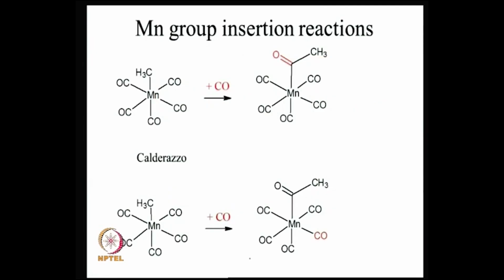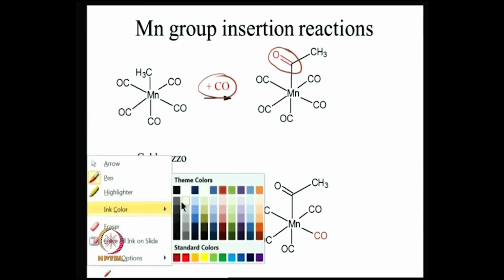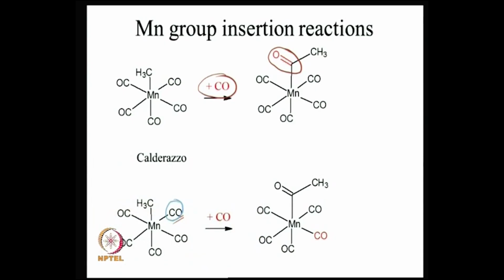Now, this reaction, which was studied by Calderazzo in great detail, turns out that the carbon monoxide that you add and the carbon monoxide that you have in the molecule cannot be distinguished. So, he wondered whether it is indeed an external carbon monoxide which has inserted itself between the methyl group and the manganese. So, this is one possible scenario. The other possible scenario is that one of these carbon monoxide groups has in fact been utilized, and it is this carbon monoxide which has now transferred to this second position, and the entering carbon monoxide is occupying a vacant site on the manganese. So, there are two possibilities,